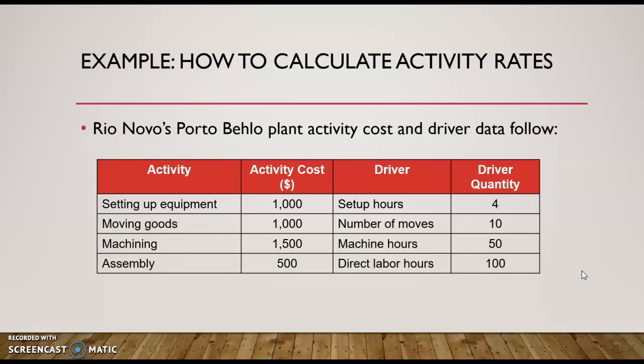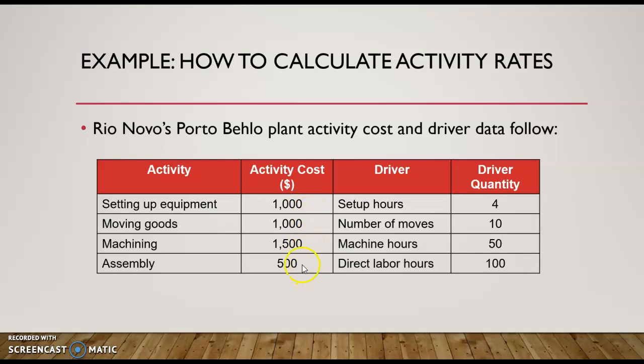Okay, in this video, we're just going to take a look at going over an example of calculating overhead rates and how to apply overhead if you have an ABC system. An ABC system can be a lot more accurate than just having one plant-wide rate like we did in the previous videos. So here is Rio Novo's, that's the name of the company, and they've calculated on their Portobello plant,